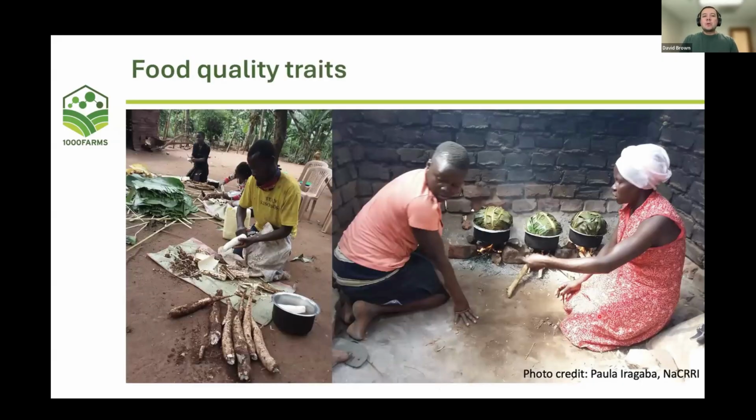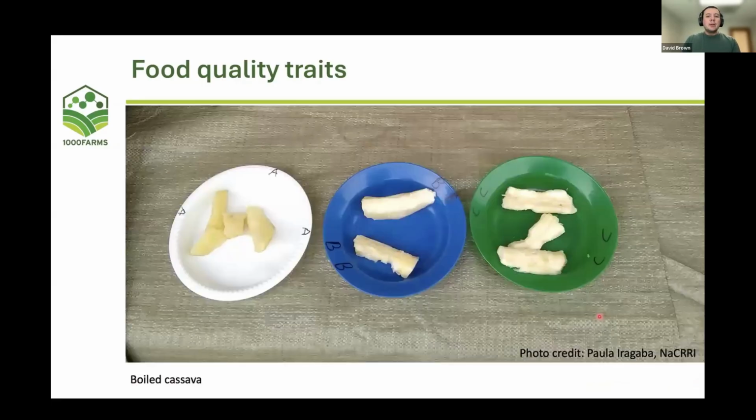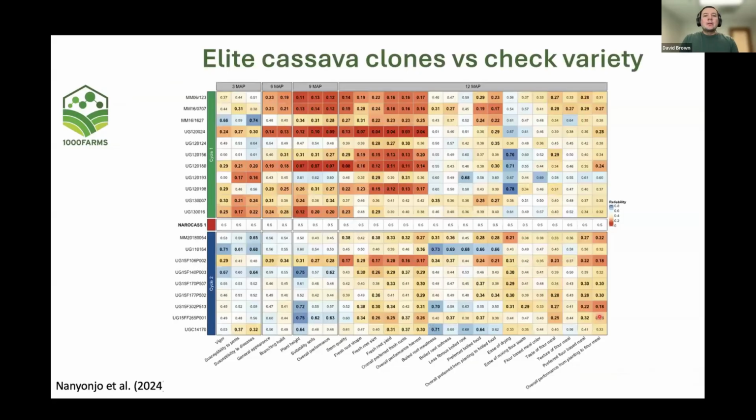In this case, the aim of the study was also to evaluate food quality traits. So samples from the varieties evaluated in the field trials in tricot were evaluated also using tricot, with food products made in the traditional way that cassava is prepared in Uganda, and then labeled so the farmers could assess them the same way as a tricot trial. So to have a comprehensive evaluation of both agronomic and food quality traits, we used this